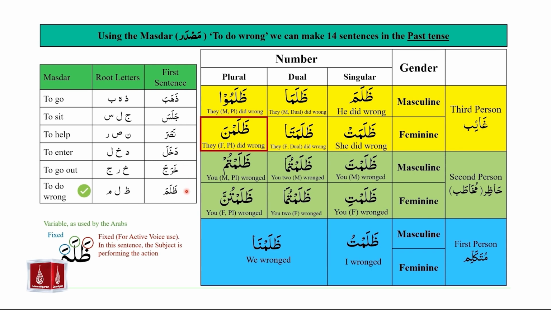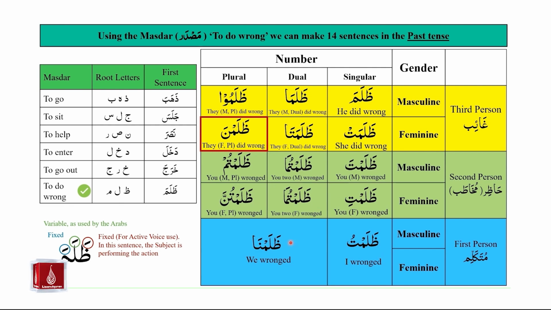And now we have zalama. Zalama comes from the root letters zwa, lam and mim, and it has zabar on zwa, zabar on lam and zabar on mim on the same pattern as the prior examples. Zalama means he did wrong. Zalama, zalama, zalamu, zalamat, zalamata, zalamna, zalamta, zalamtuma, zalamtum, zalamti, zalamtuma, zalamtunna,